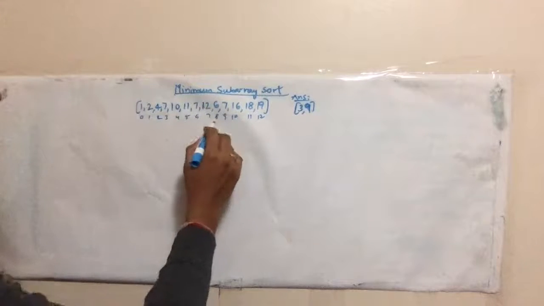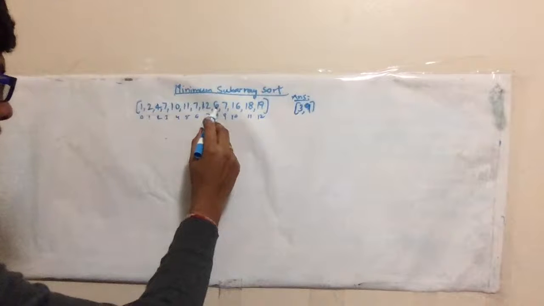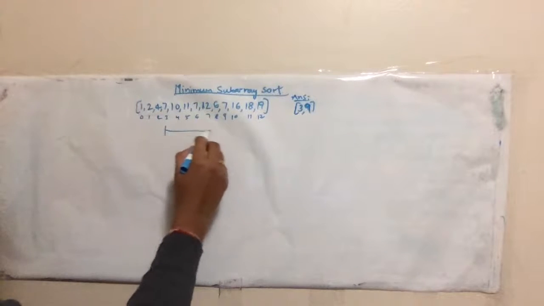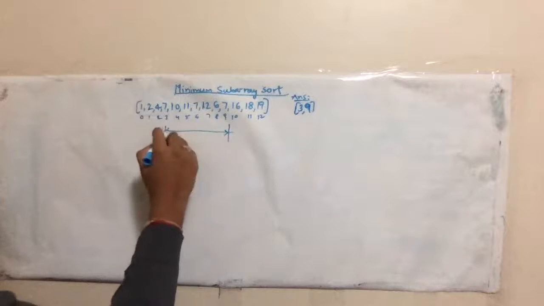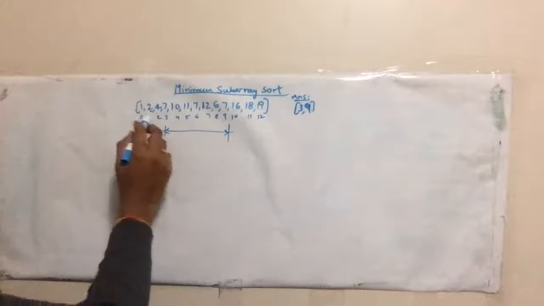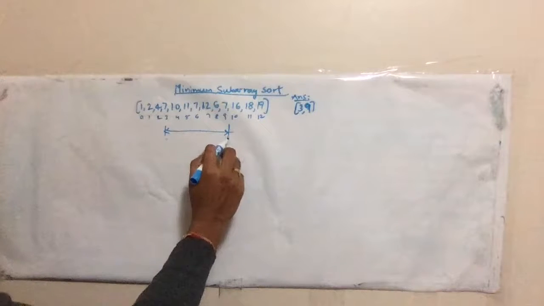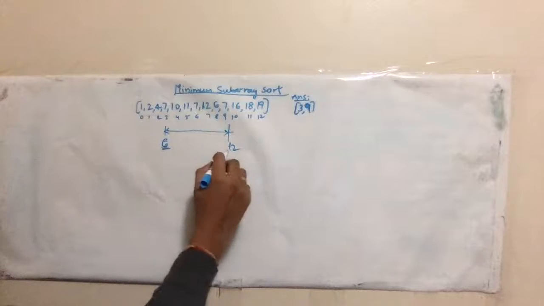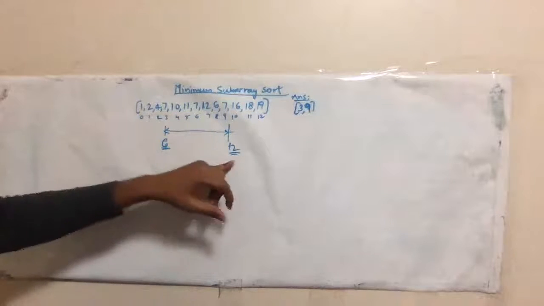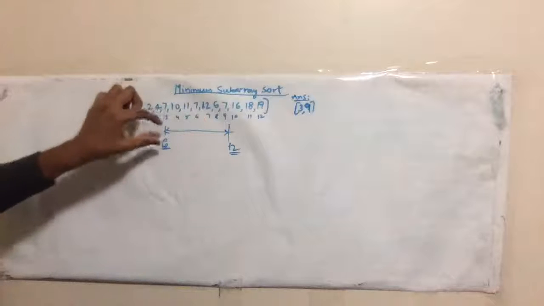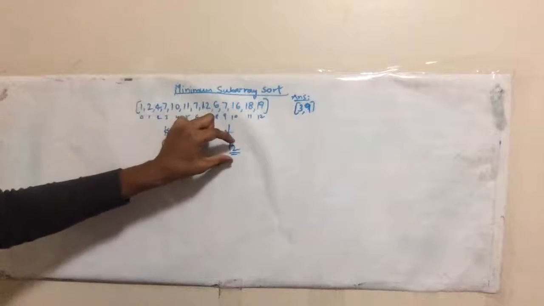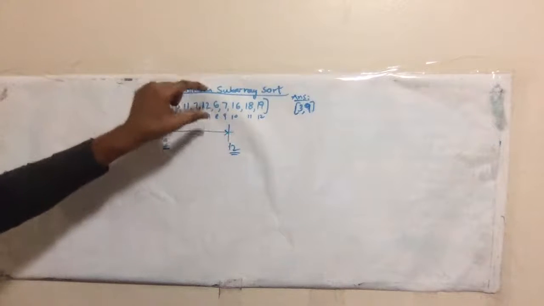To explain my logic, here it is unsorted, and as I told, 6 and 12 are the smallest and greatest of the subarray which got unsorted, because this part is sorted, this part is sorted, this part is unsorted. So 6 and 12 have to be present here. If you can just return the indices of this smallest number and the greatest number, that